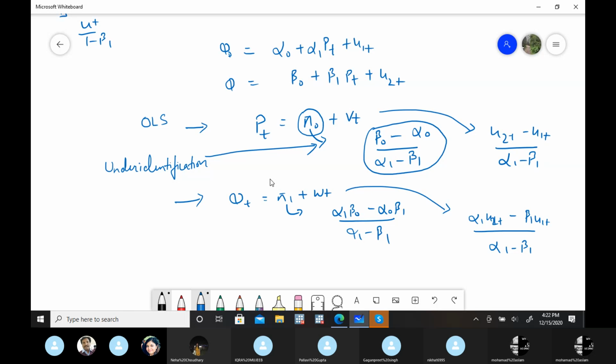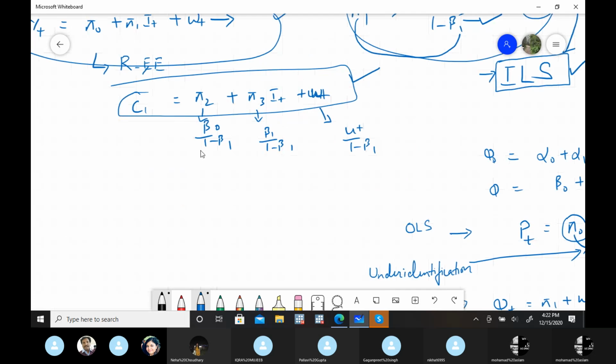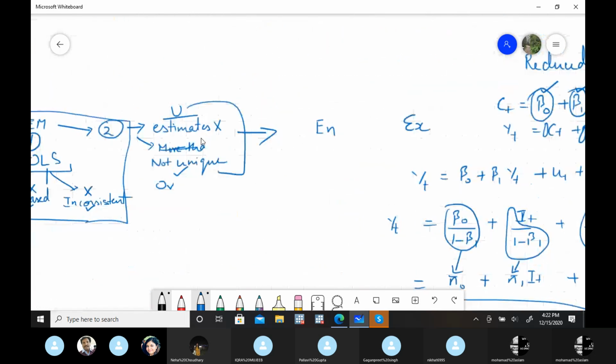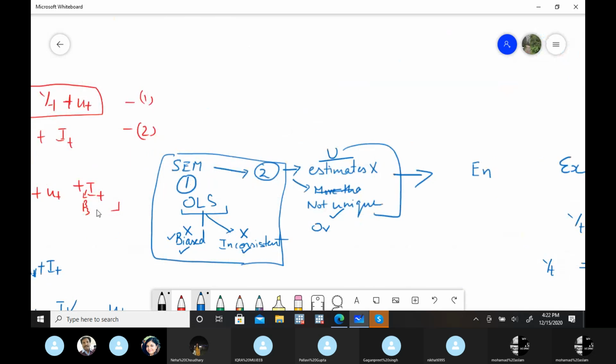Other possible is over identification. So we have these problems with the reduced form of equations. That first problem was if we directly run the OLS, we are facing these two problems. To get rid of these two problems, we found a solution of reduced form of equations. But with the reduced form of equations, if